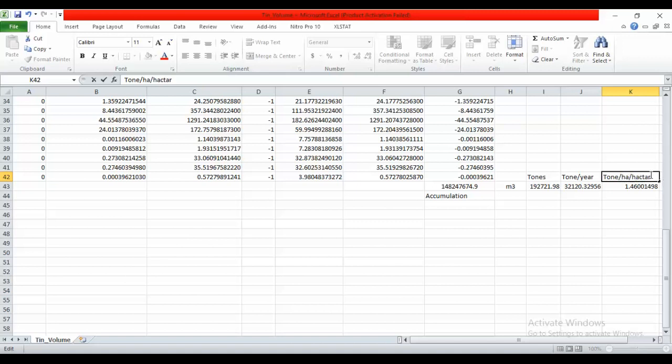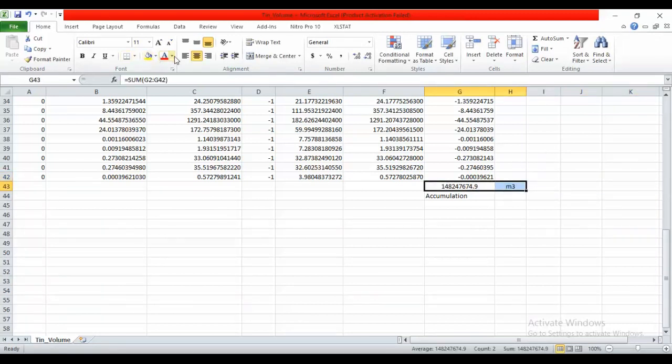But what you can do is estimate the reservoir accumulation using similar approach. So the thing is, we have this much volume of accumulation of soil, and then the next step is